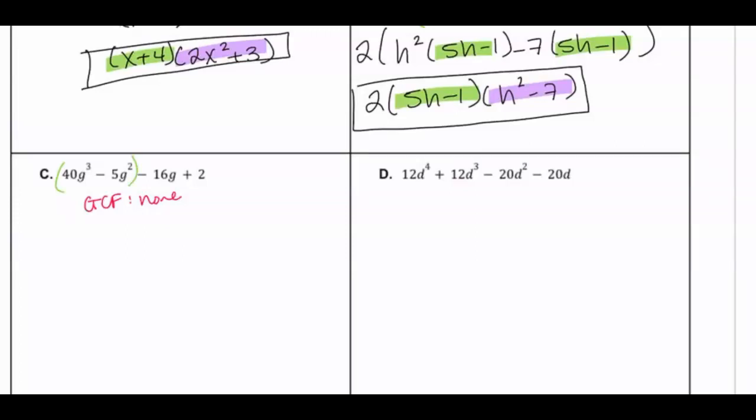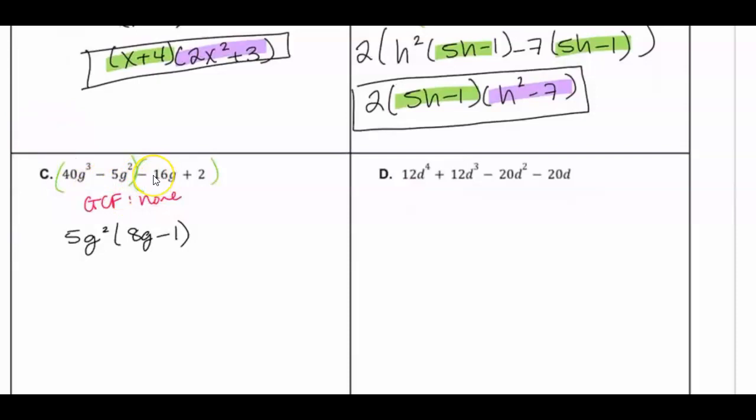The greatest common factor of 40 and 5 is just 5. And they both have at least a g squared. So 5 times 8 is 40, and then I can multiply it by a g to get g cubed. And then 5 times negative 1 will give me negative 5g squared. So 5g squared times negative 1 is negative 5g squared. Going on to the next part,